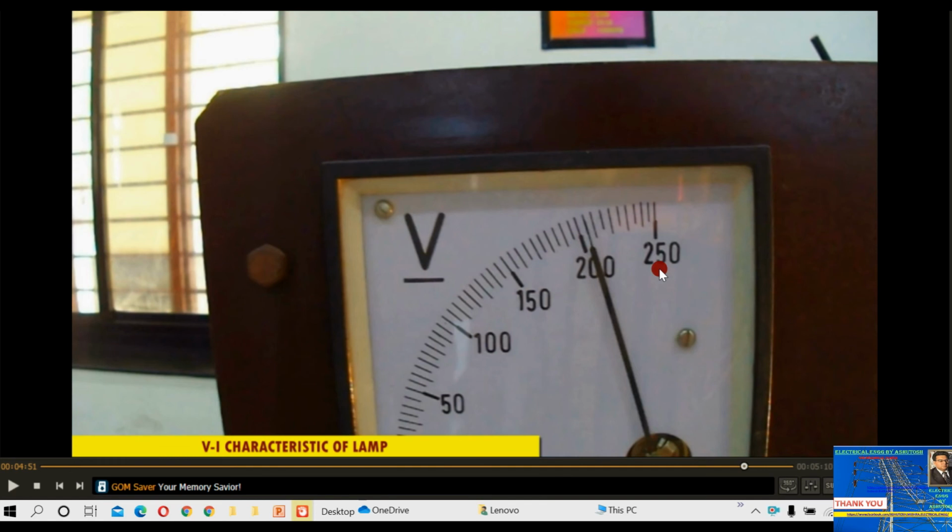But in case of an AC voltmeter, you can see the scale will be crowded at the starting and at the end. In the middle it will be uniform, but at the starting it will be crowded in an AC voltmeter, and also crowded at the beginning and at the later part on the end side. Okay, so these are the readings.